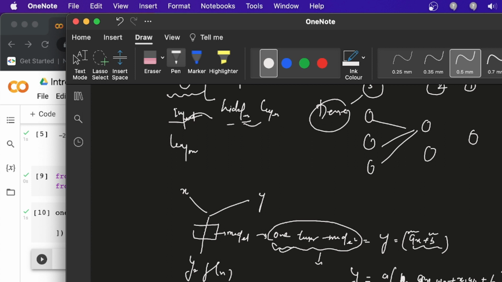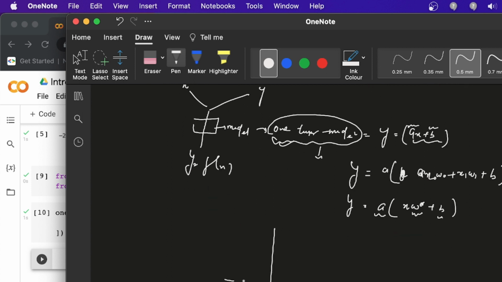At the end you need to find the values of w and b, because activation is just a function. Same as with the gradient descent algorithm, you choose some random values of w and b, and this is your loss value, and you start updating the values.